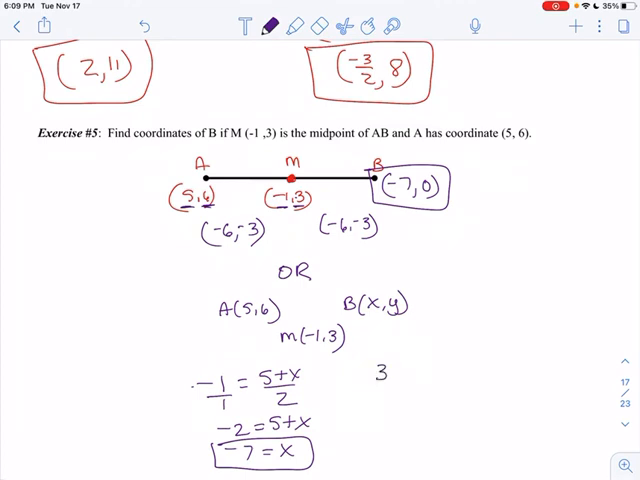I do the same thing for the y. The midpoint of the y coordinate is 3, and I add the y's, 6 plus y, and I divide by 2. I cross multiply, 3 times 2 is 6, equals 6 plus y, and then I subtract 6, y equals 0. So either way, you can see that you get that answer, which was up here, negative 7, 0. And we'll practice each